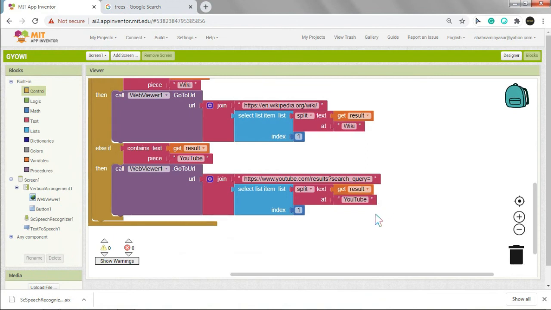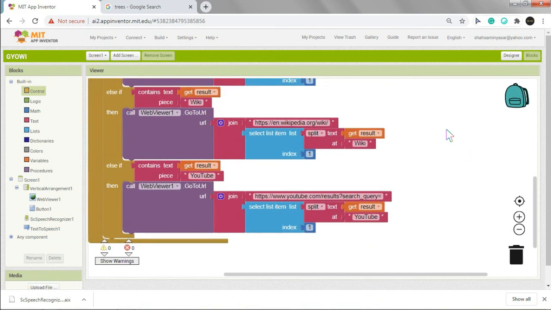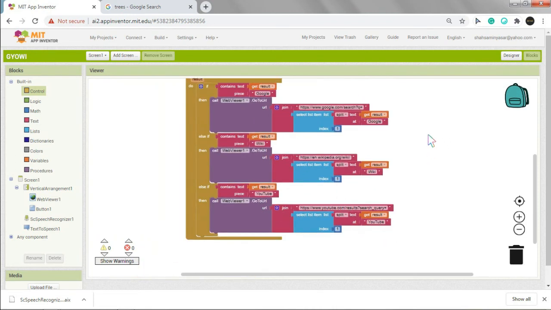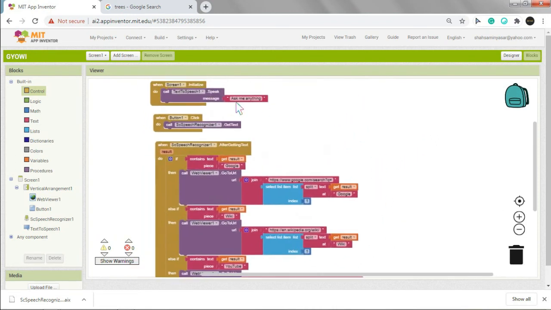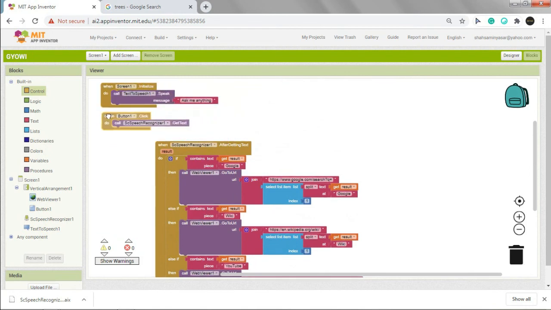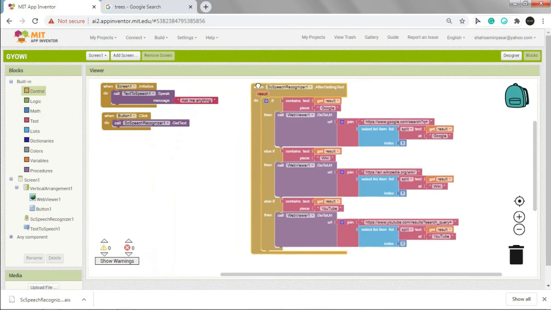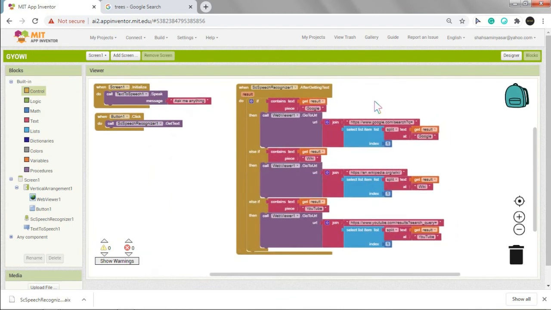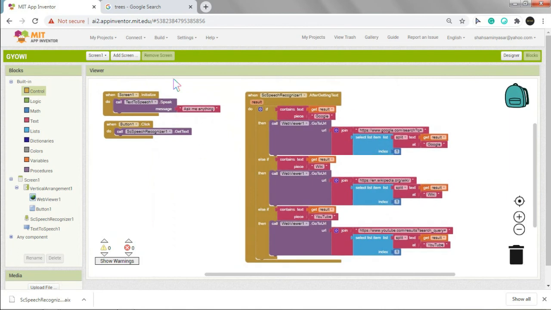Okay, and the index should be 1. So this is our coding part, and here you can see this is the whole coding. You can take a screenshot and then code yourself.